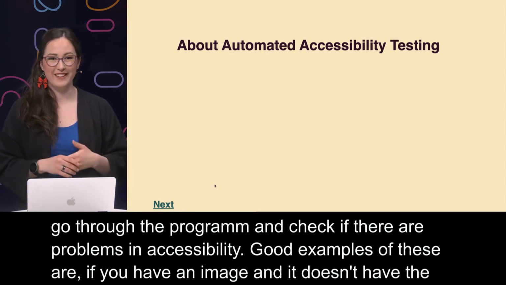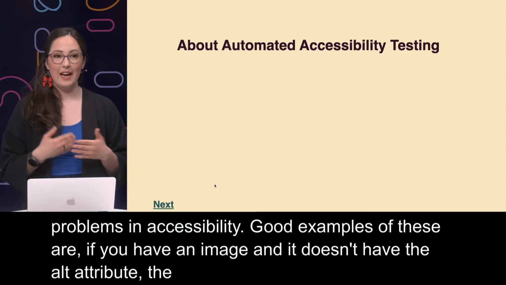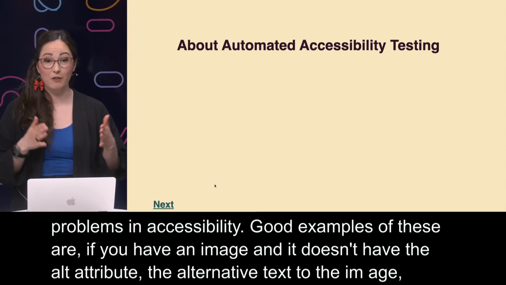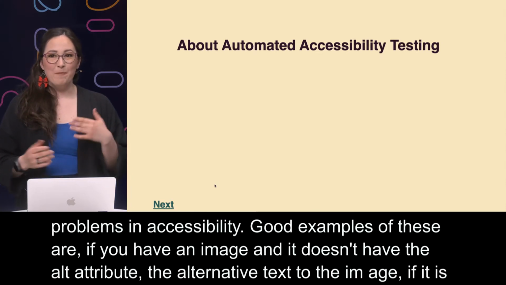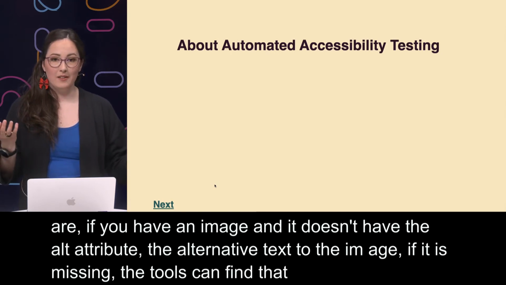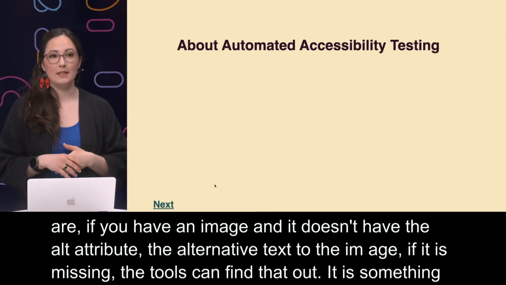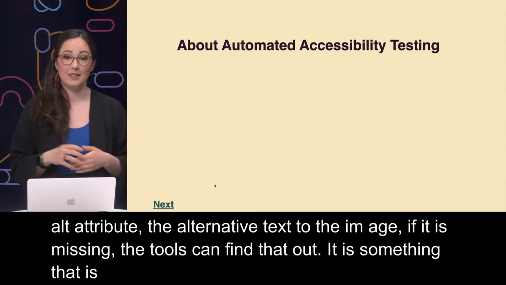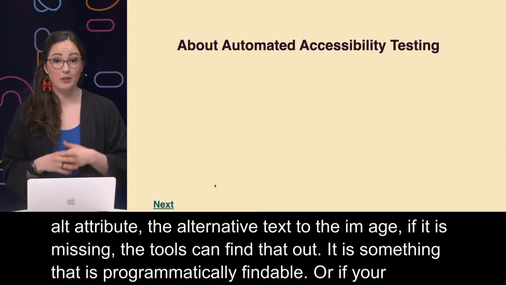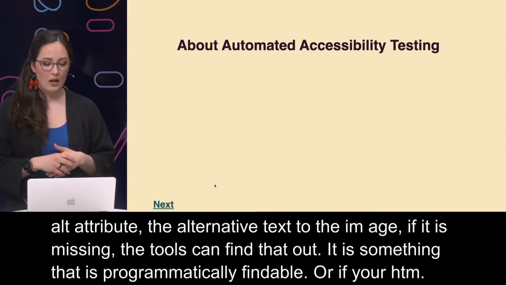You can give alternative text to that image, and if it's missing, those tools can find that out, because it's something that's programmatically findable. Or another thing is that if your HTML document doesn't have the lang attribute in the HTML tag,